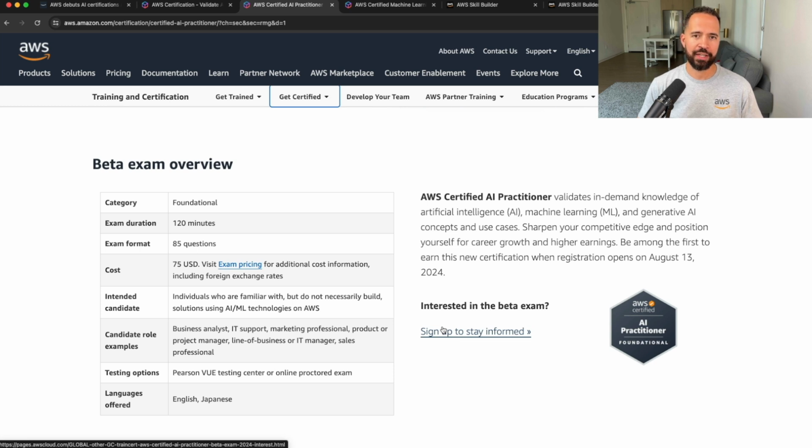It doesn't mention anything about a machine learning engineer or a data scientist, but it's definitely going to be helpful in those areas for you to be able to understand AI, machine learning, and generative AI, if nothing more than to be able to handle a meeting and have an intelligent conversation with other people that are discussing these technologies.